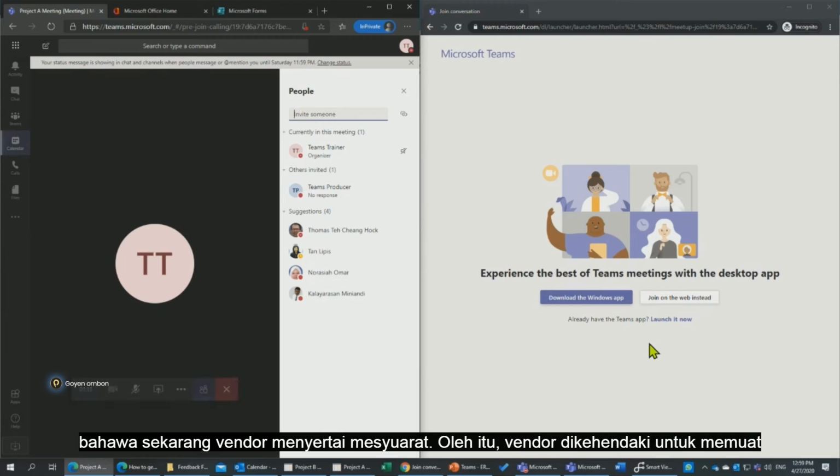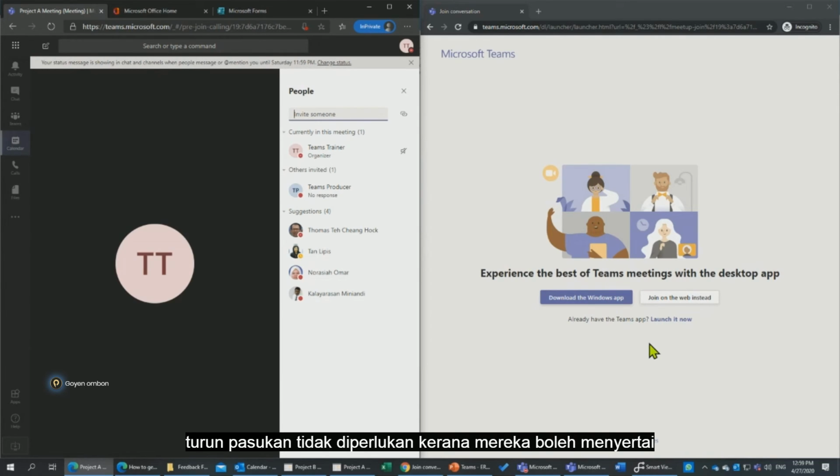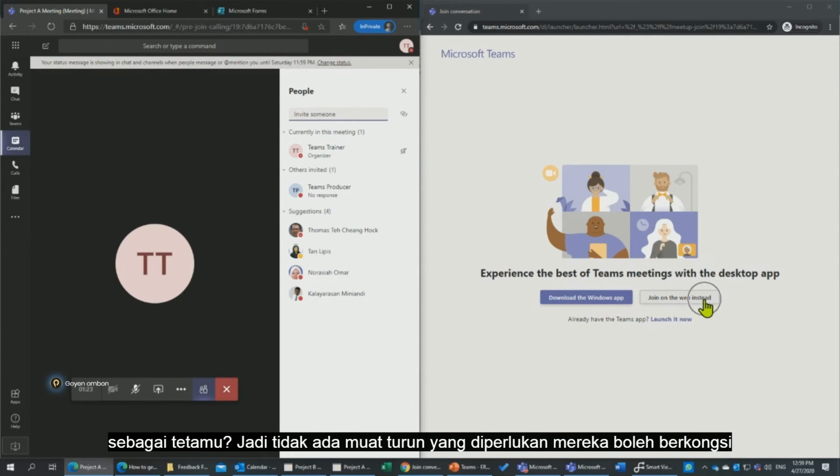Is the vendor required to download Teams? No, they are not required, because they can join as a guest. So no download required, they can straightaway join on the web instead. So once I click here,